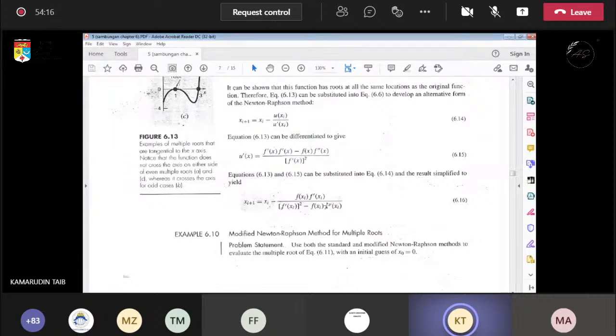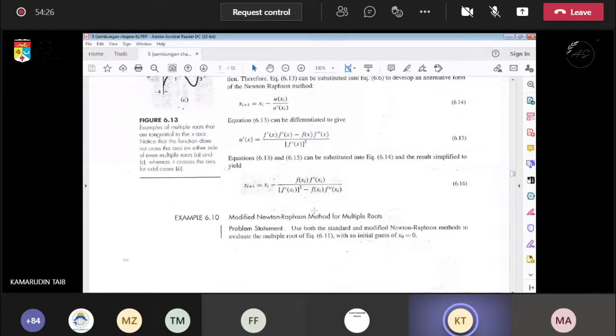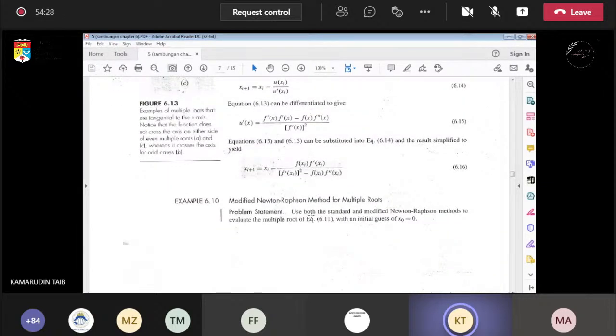So in previous Newton-Raphson, we don't have any f double prime in the equation, only f prime, but now we have f double prime. Use both standard and modified Newton-Raphson method to evaluate the multiple root of equation 6.11 with the initial guess of x0 equal 0. So we are going to apply